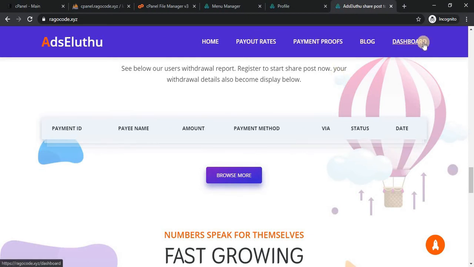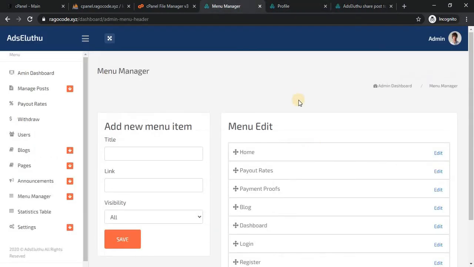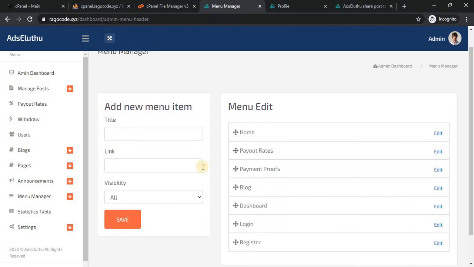You cannot see a login and register in here, but I created them here. How it's working: if you create a menu, just enter the title of the menu and link, and this is the important one. If you set all, all types of users can see the menu.